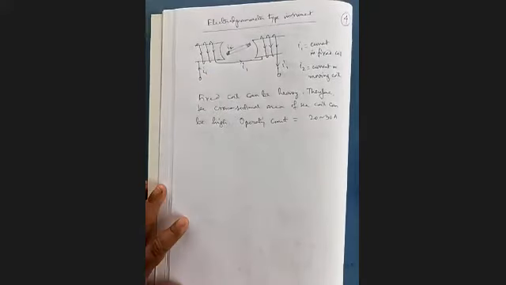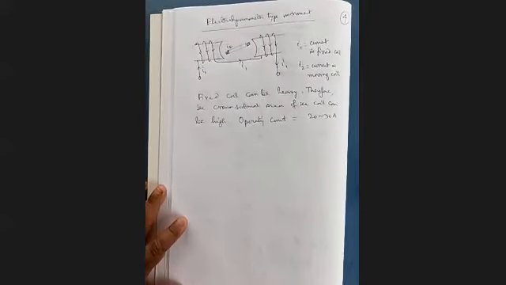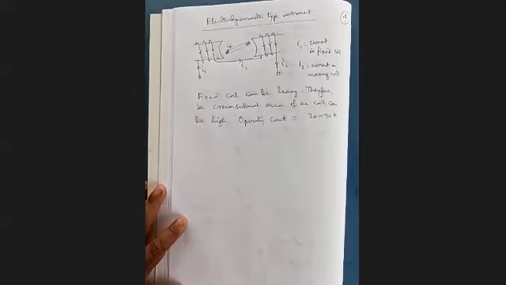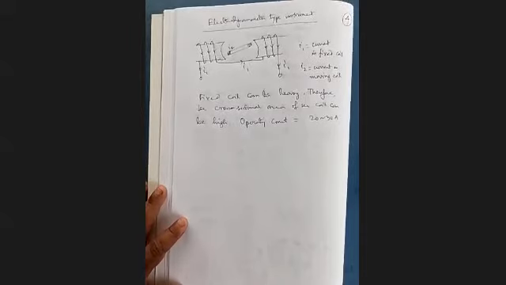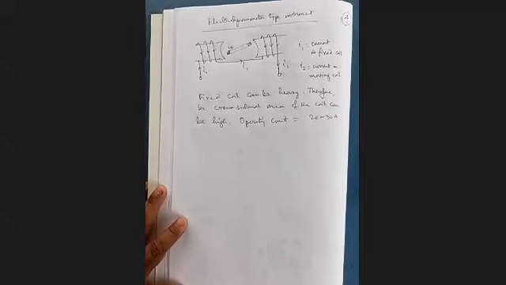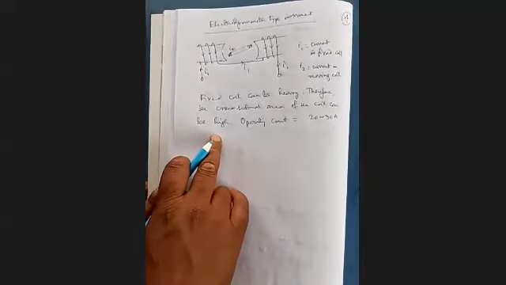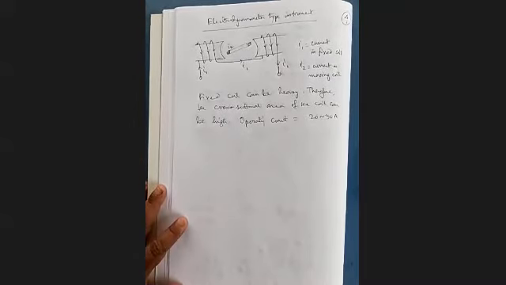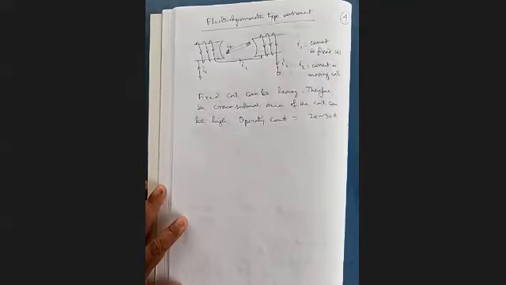Although, since there is a large air gap, and we know the reluctance of the air gap is quite high, what is the flux? Flux equals MMF, magnetomotive force, divided by reluctance. As the reluctance is large, in spite of having high MMF because of high current, our magnetic field is not really very large, which is just sufficient for our purpose.